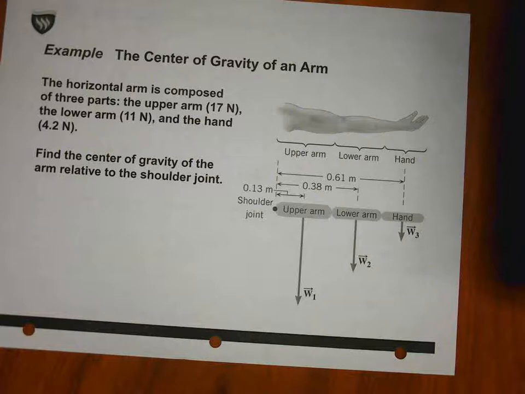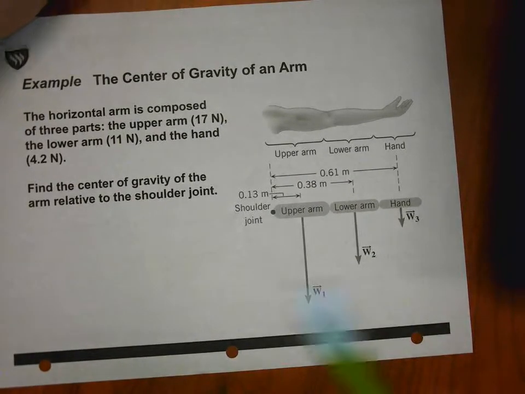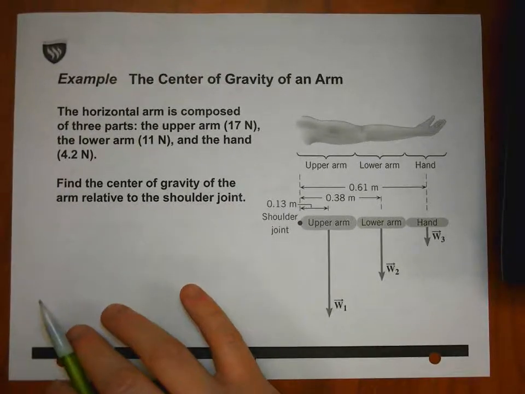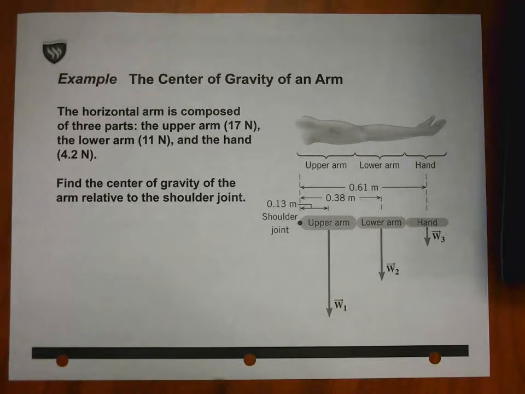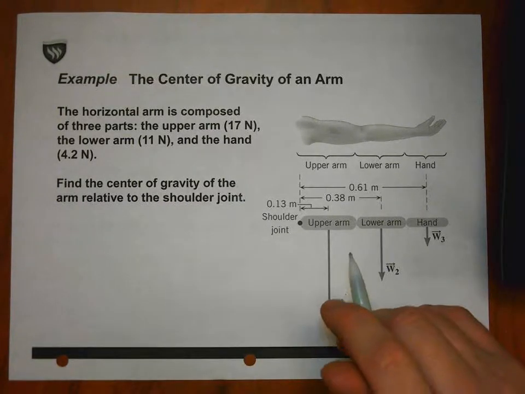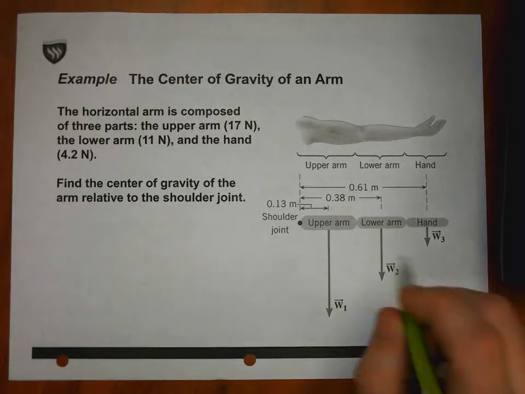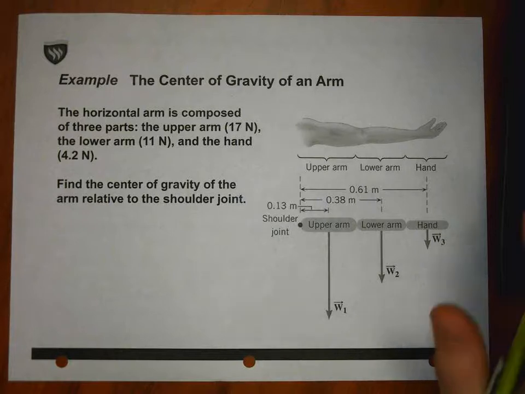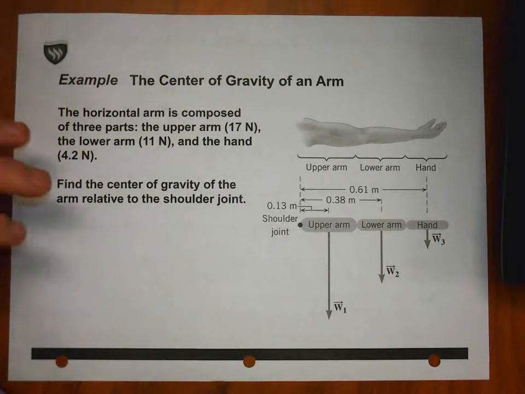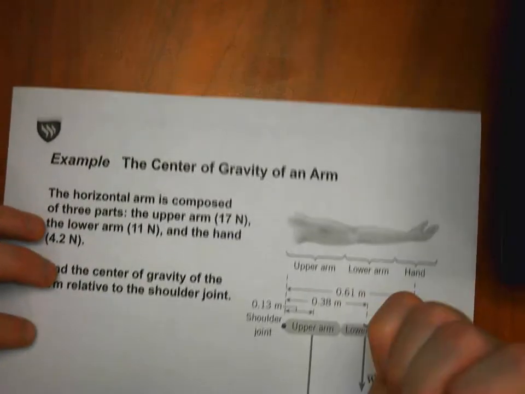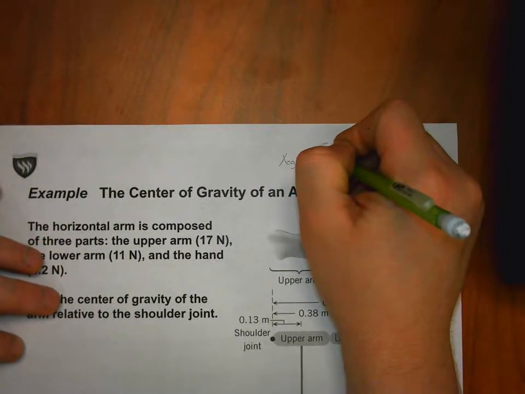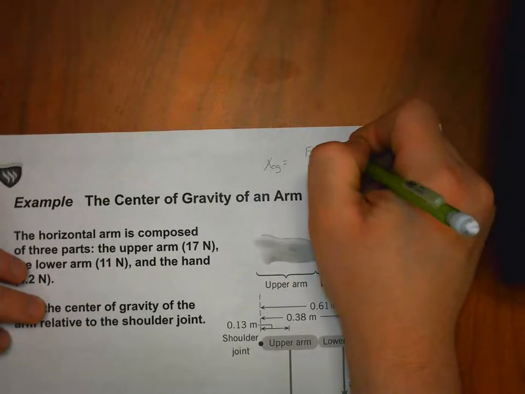Okay, center of gravity. Well, if you want to treat some rigid body like a point mass, you have to start talking about its center of gravity. Where can you balance out all the torques? If you put an axis right in the middle of this arm, where would all the torques balance so that the arm balances? Okay, the equation for that, you may remember, is equal to Fg1 plus Fg2,